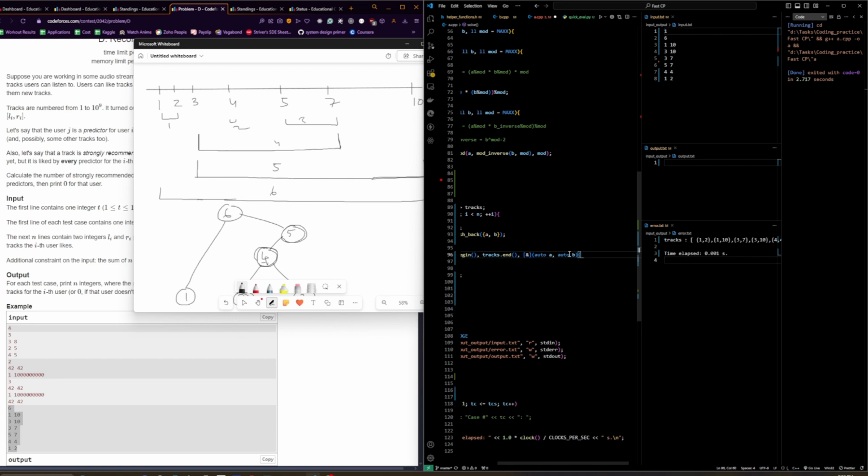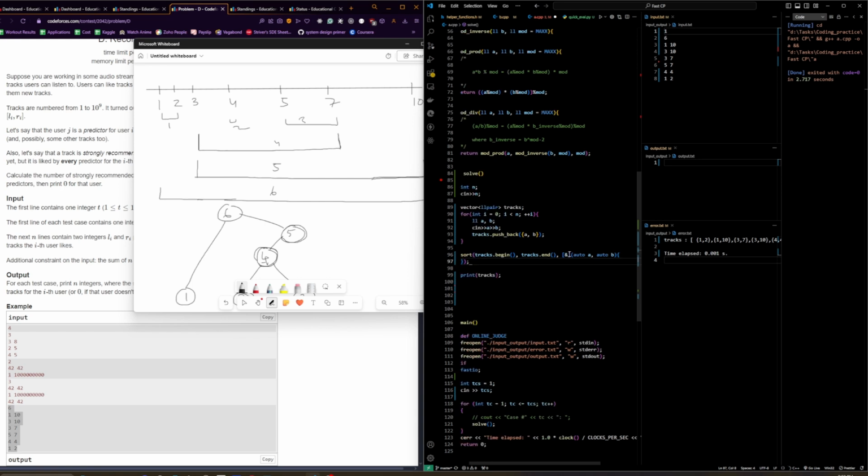Wait, automatic does that, right? Okay, so